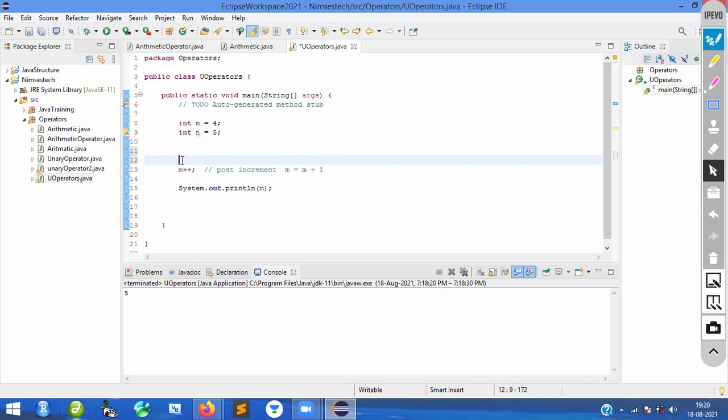Here, what I will do? Plus plus m, semicolon. I will comment this one here. This is also the same thing, you will get the answer.